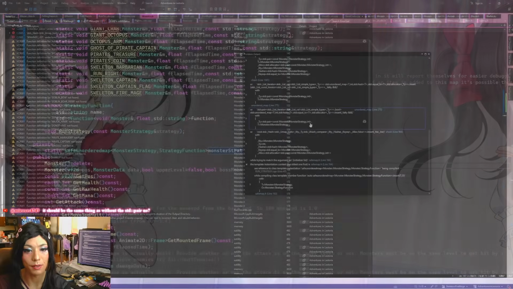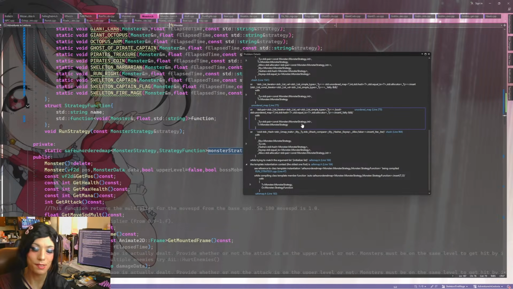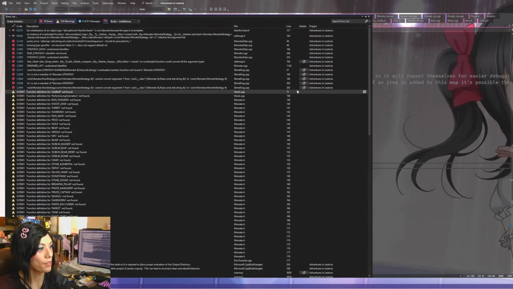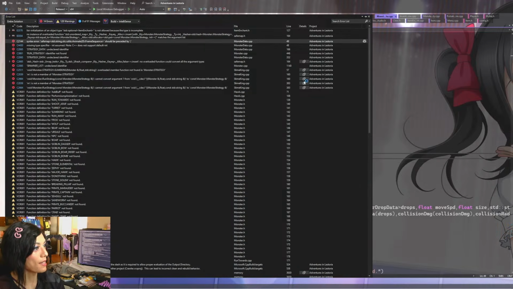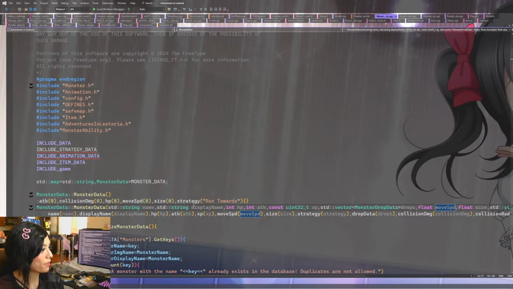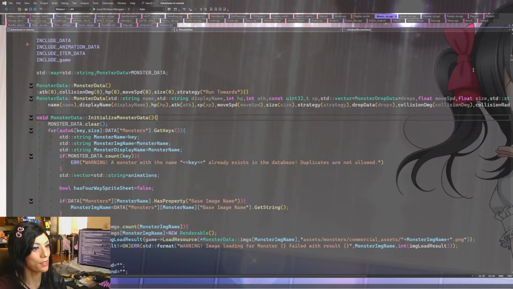It's complaining that it's trying to match an argument list with a const monster strategy int. I think it's found another match for that pair, so it thinks it's that for whatever reason. So I'm being explicit with it to see if that helps. Kind of like a hint, hey, this is what you're actually supposed to be.